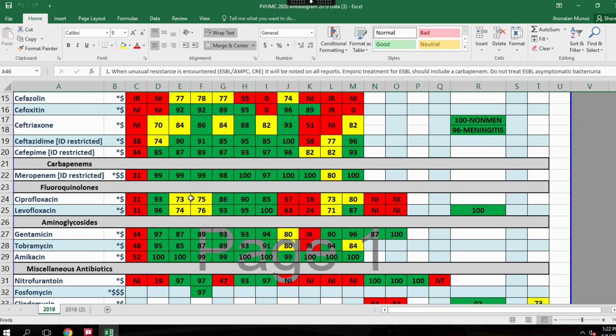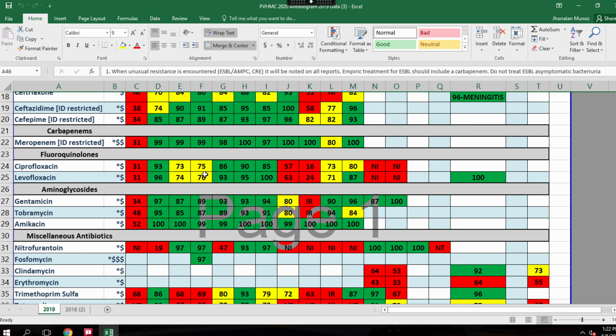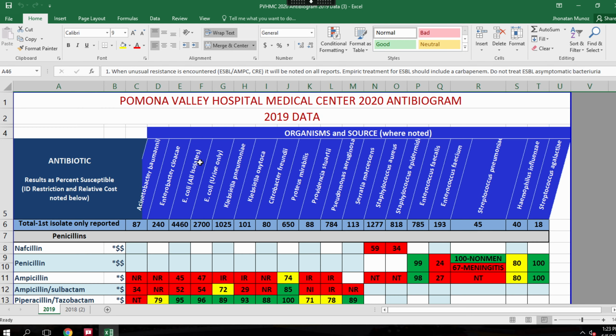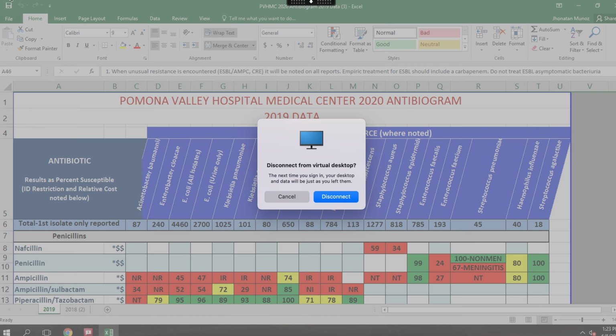You can see all the antibiotics that are available. For example, for ciprofloxacin, the susceptibility percentage changes and decreases. Same for levofloxacin. This is something known, that fluoroquinolones have more and more resistance, and this is increasing. So this is one antibiogram. Every hospital has a different one. So now let's look at the